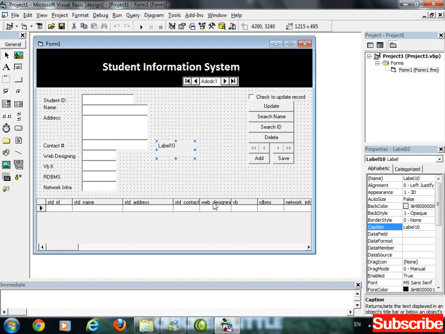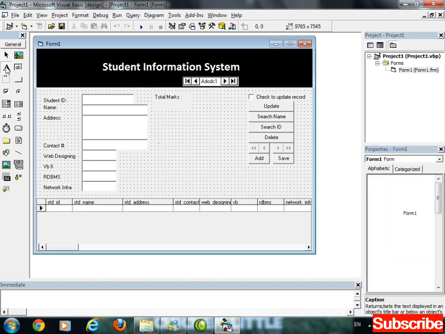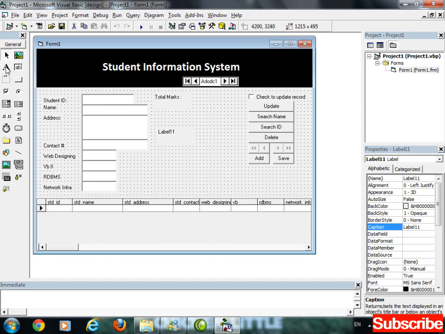Double click on label. Change the caption of this label to total marks. Next is for percentage.